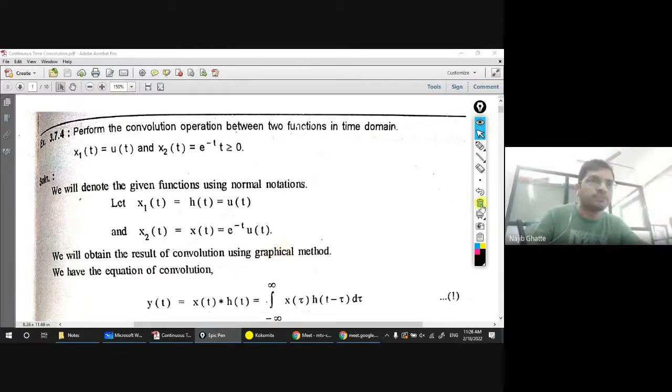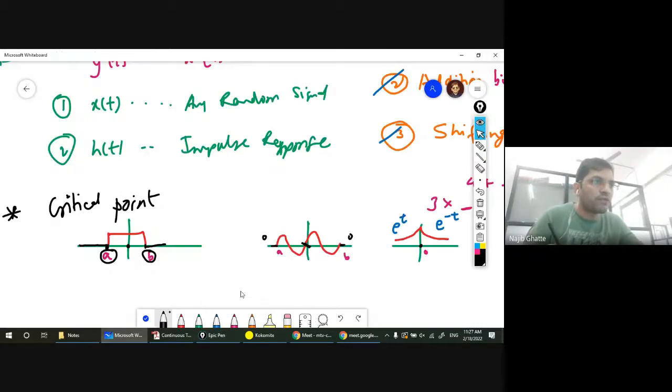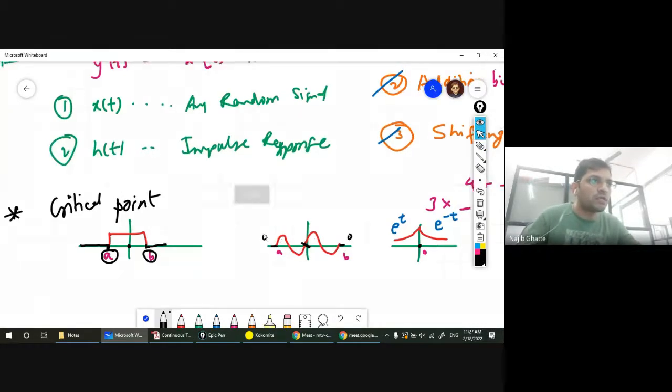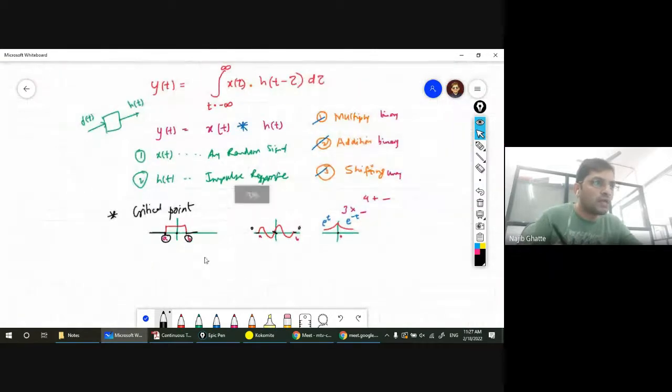Okay, now just have a look over here. The first function is x1 of t is u of t, and x2 of t is e raised to minus t for t greater than or equal to 0. So I'll do one thing, whatever is written here, I'll bring it over here. I just write over here that x1 of t for me is currently u of t,